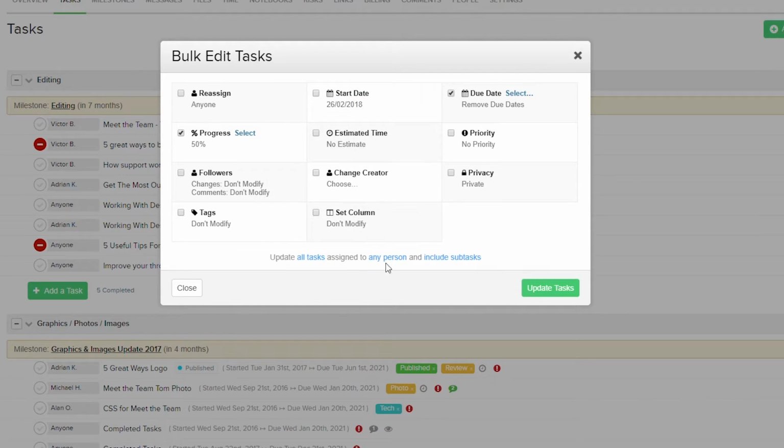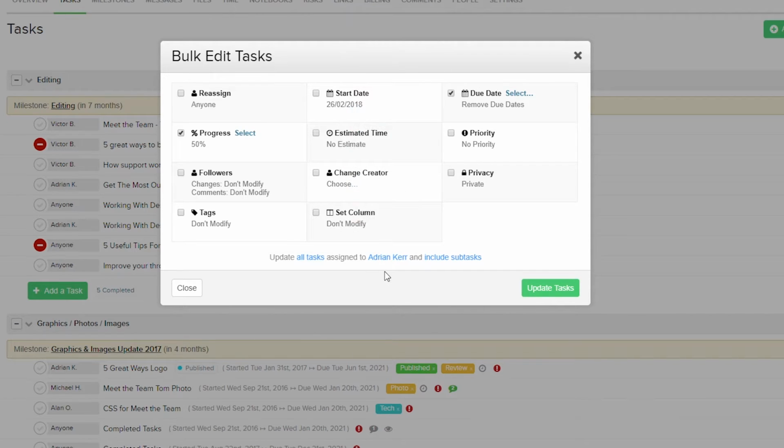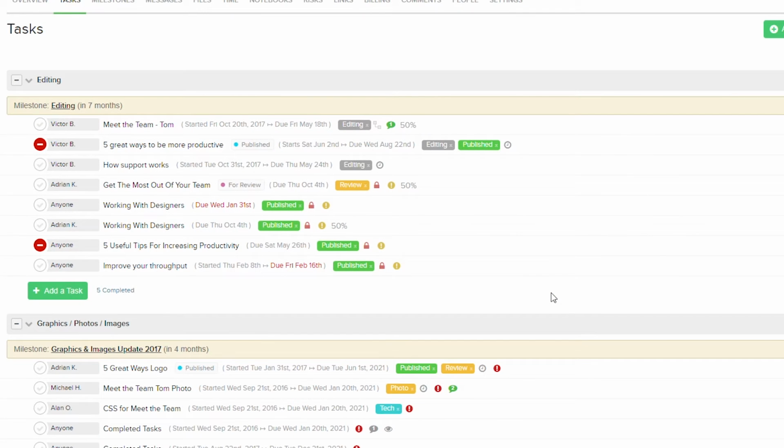We can also update the person assigned the tasks, so currently this is any person. However, we can easily select a specific user here. So I'm just going to change this to Adrian, and we can also choose whether or not we want to include subtasks. So let's say that I don't want to include subtasks, so I'll just make sure that this is not checked. Now we're choosing to update all tasks assigned to Adrian Kerr, and we're skipping our subtasks. Now all we need to do is update tasks,